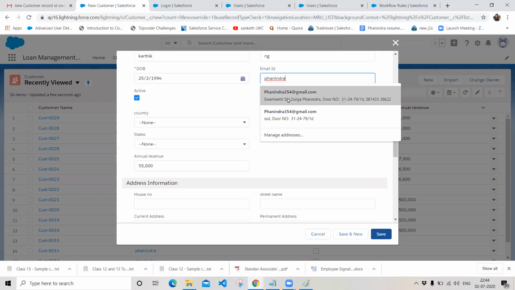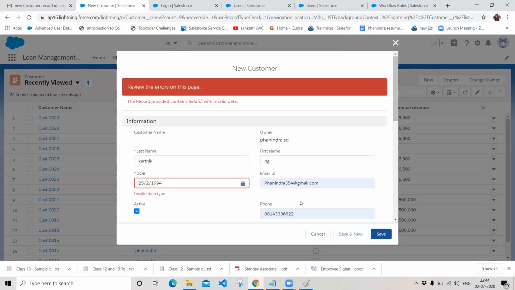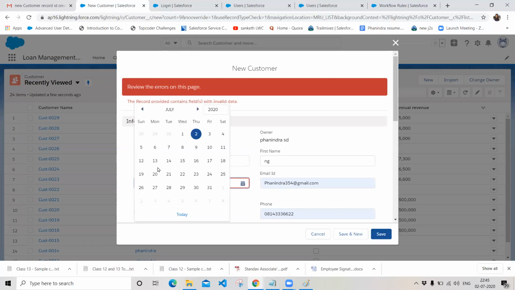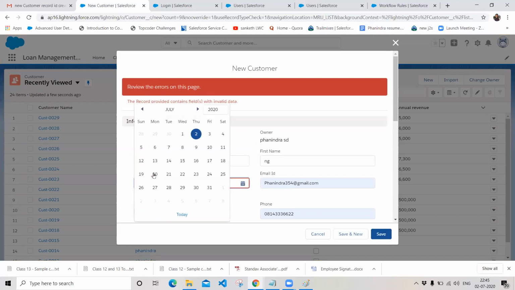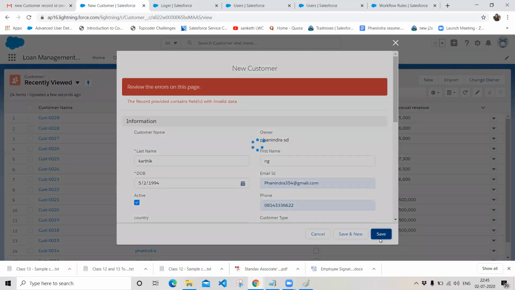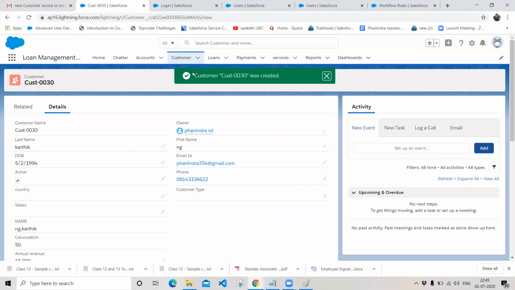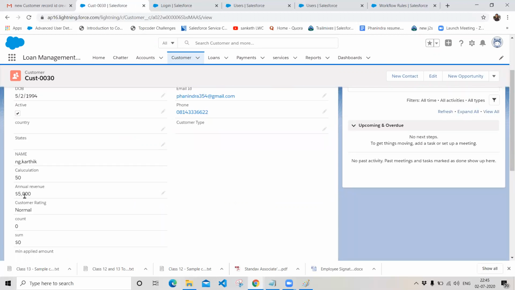Okay, and click on Save. Okay, I gave an invalid date of birth, which is why it is throwing an error message, and click on Save. So the record has been created in the customer object with the name Karthik and with the email ID as so and so, and the annual revenue is 5000.